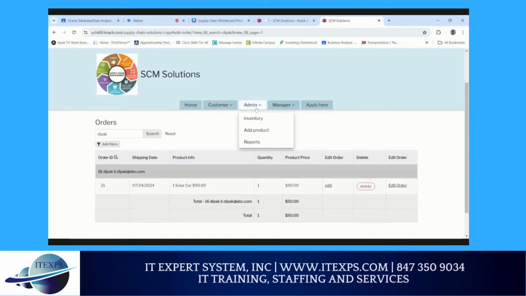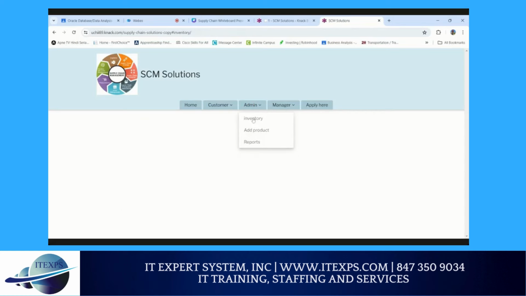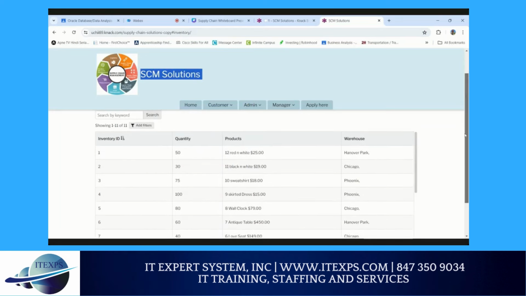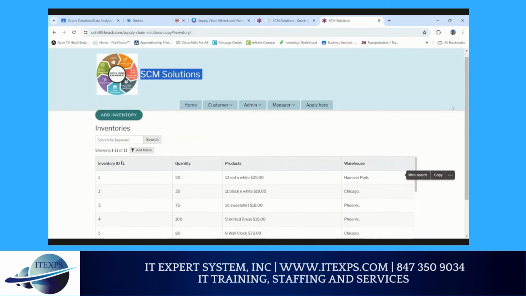The admin takes care of inventory. Once he goes to the admin part, he can add the inventory from here and view the inventory by warehouse location and by product. Suppose the admin wants to check the Chicago warehouse.